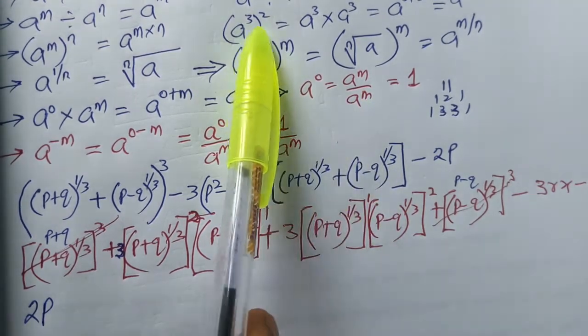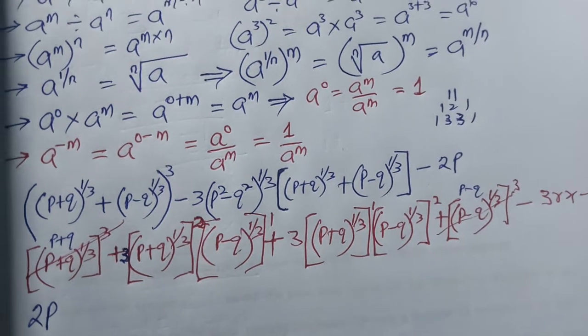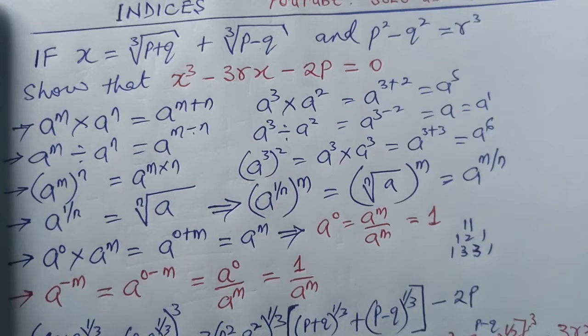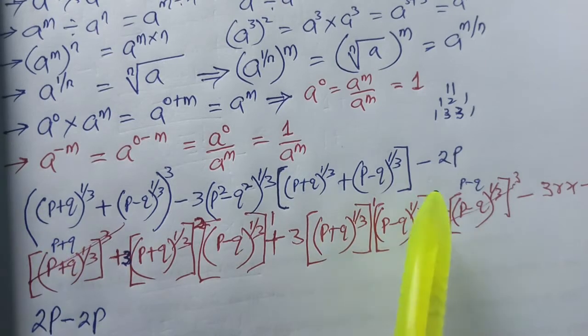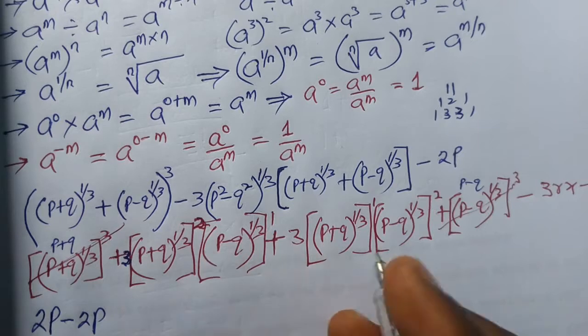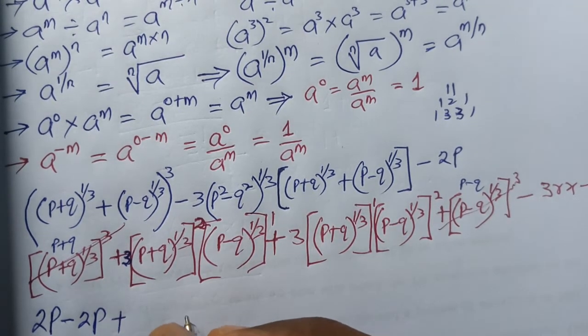Remember, there is a minus 2P somewhere. There is a minus 2P in our equation. Look at it: 2P minus 2P. This 2P and this one, 2P minus the given 2P. This other one I have cancelled. Plus, you now write